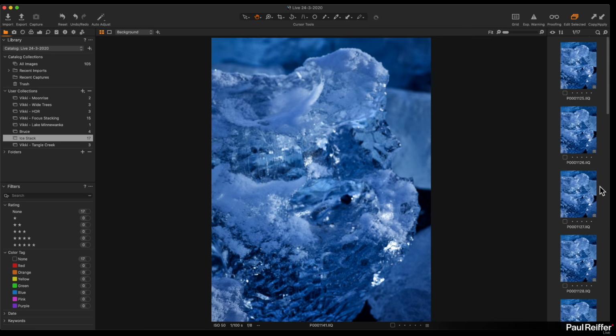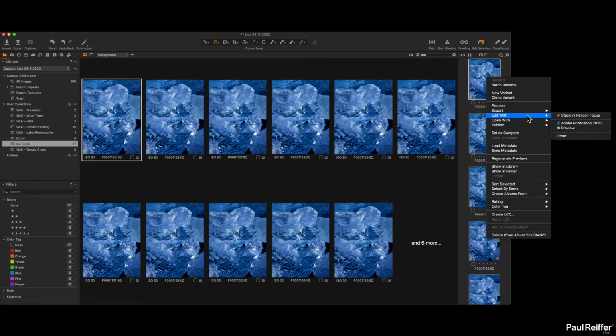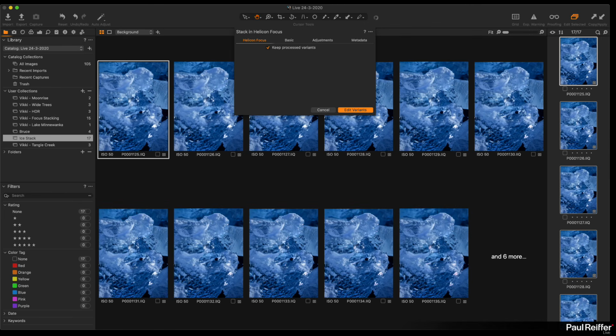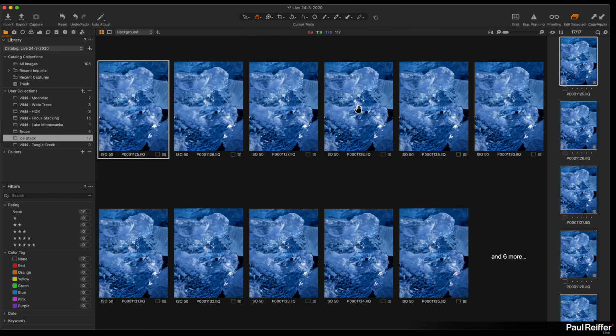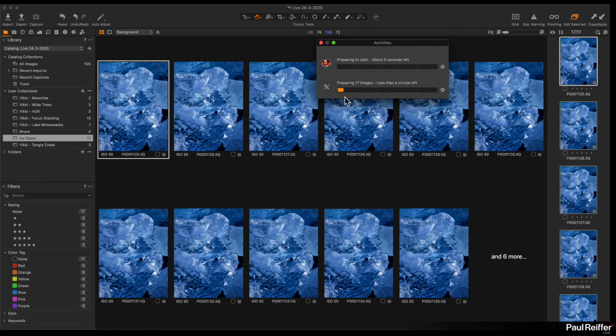I'm going to pick up all these images, select them all, right click, edit with, stack in Helicon Focus, keep the variants, TIFF 16-bit, Adobe RGB, great. Don't want to do any sharpening at this point because I'll do that later on. Bring the metadata across, edit. We're going to pull up a little activity bar, and it's going to tell us 17 images, about a minute left to do it. I'm just going to switch across into Helicon,